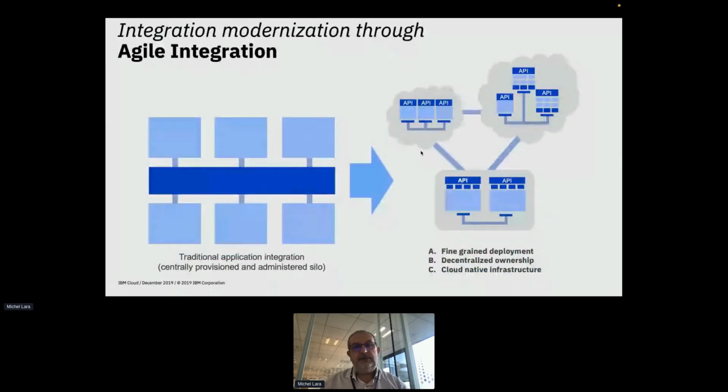And for the system of record, there is a lot of evolution. Long ago, there was on-prem traditional, centralized integration with very often an ESB, ETL, etc., to orchestrate the services.